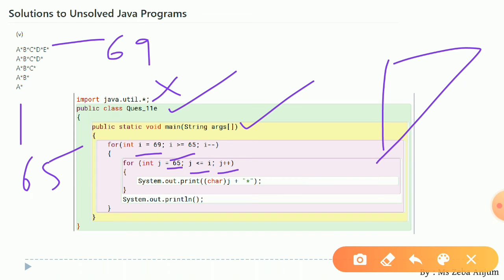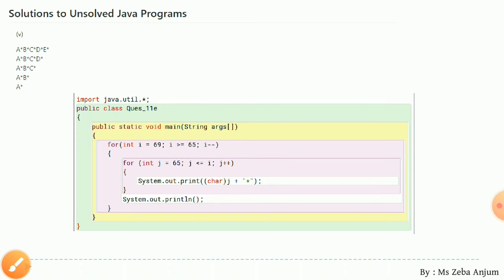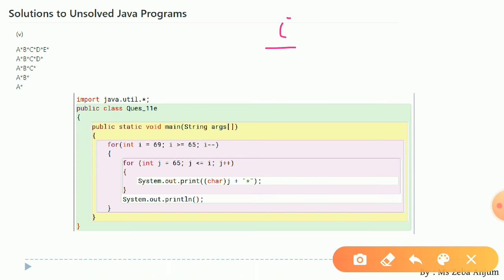And see, when this condition becomes true, then we will be getting the character of j, the appropriate letter for this integer value, as well as this asterisk sign merged between them. Now let us see how we are going to get the output for the same. Over here let us take the value of i, and over here the value of j. So when this loop got executed the first time, i's value will be 69 and j's value will be 65.